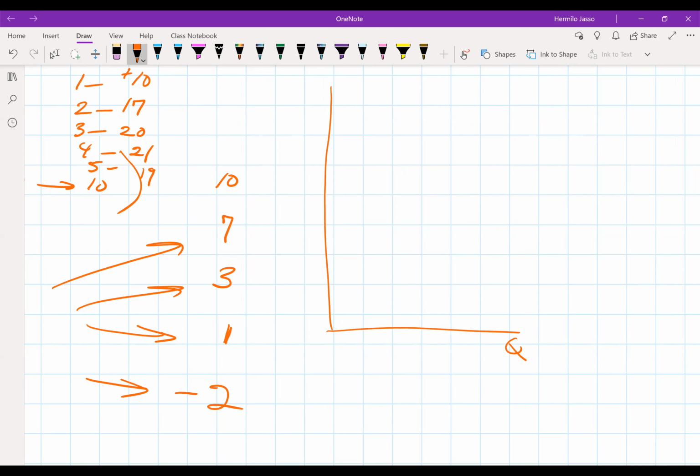Okay, there it goes. As we consume one burger, I'm getting 10 units of satisfaction. If I consume 2, I'm gonna get 7 more, so now I'm at 17. If I go to 3 burgers, now I am at 20. With 4 burgers, now I'm at 21. So as you can see, total utility is increasing, but it's increasing at a diminishing rate. Then it begins to decrease, and then it begins to actually become negative.